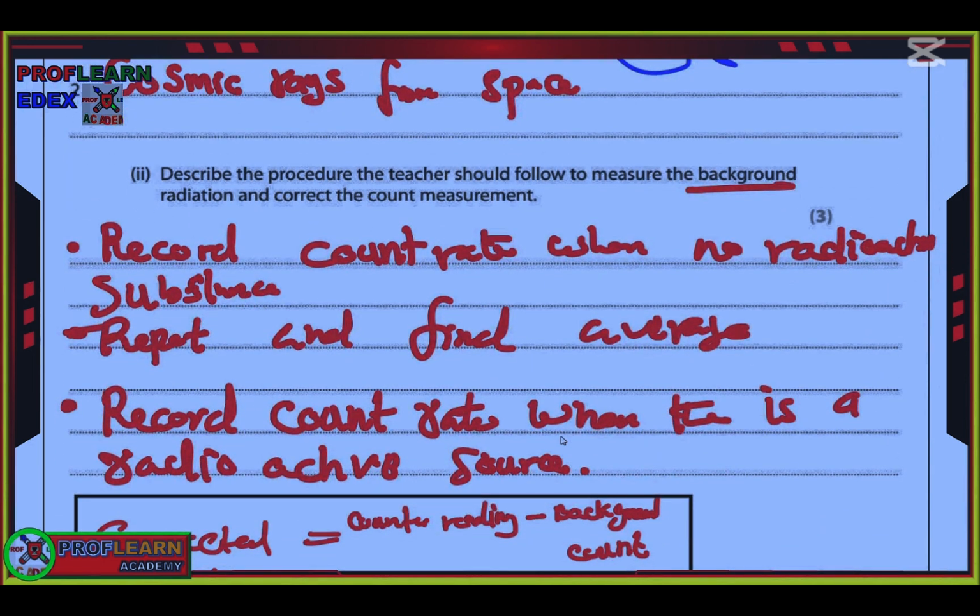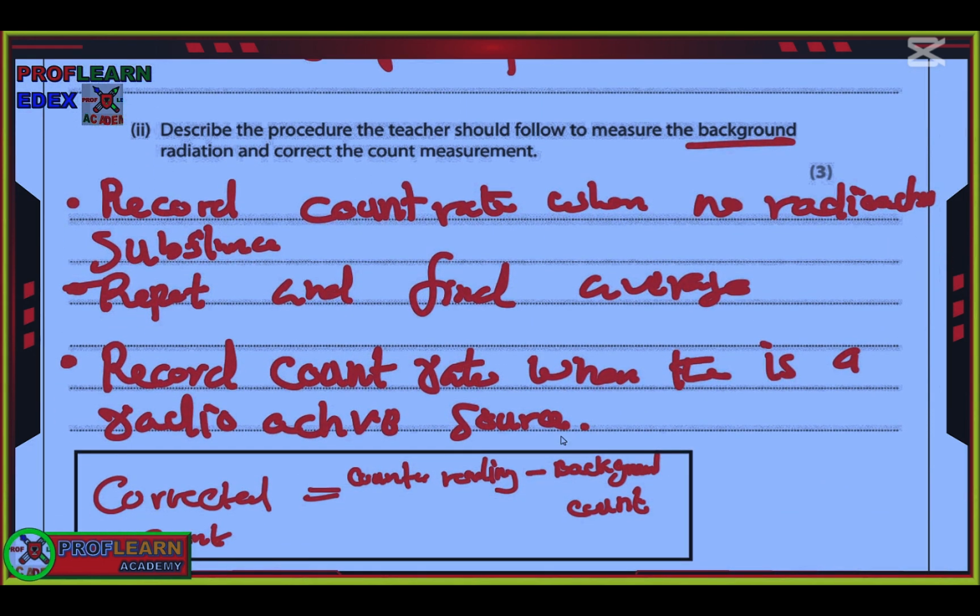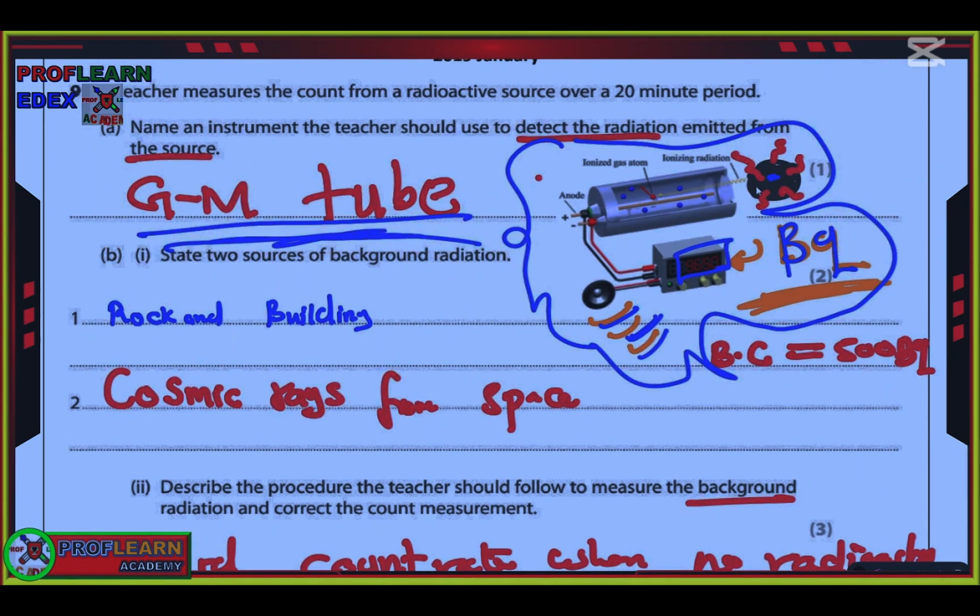Describe the procedure the teacher should follow to measure the background radiation and correct the count measurement. First, the teacher should measure the radiations when there is no radioactive substance. Repeat and then find the average so that we know the background radiation. Then measure the reading when there is a radioactive substance, and record. For instance, if you record 9650 when there is a radioactive substance, and when there was no radioactive substance it was 500, then the corrected count